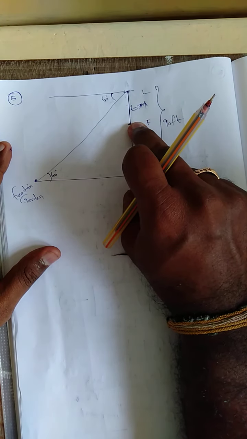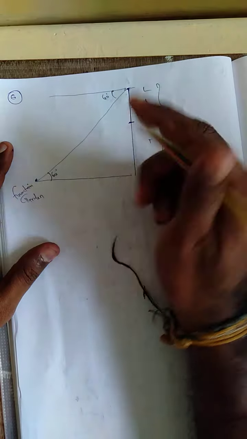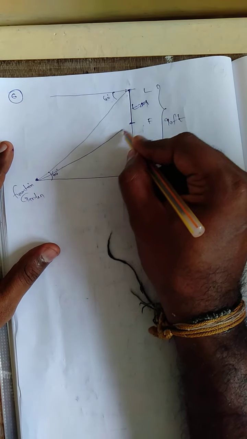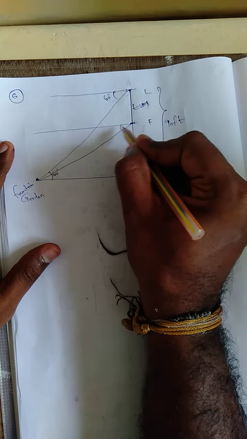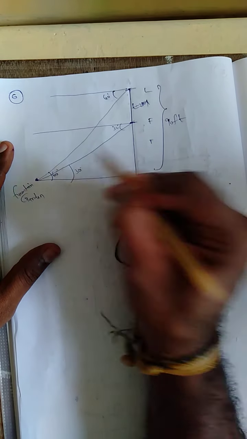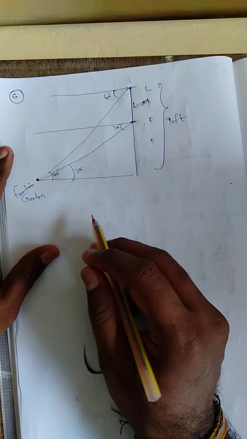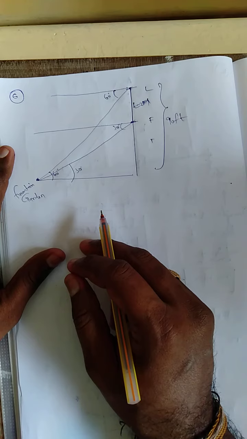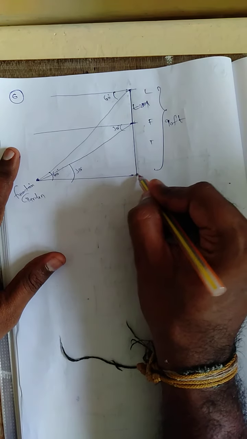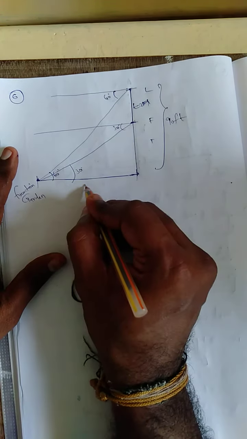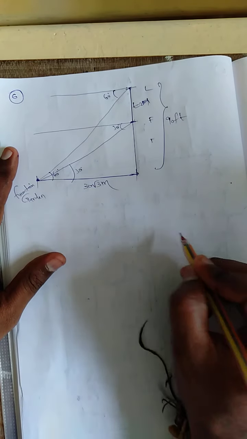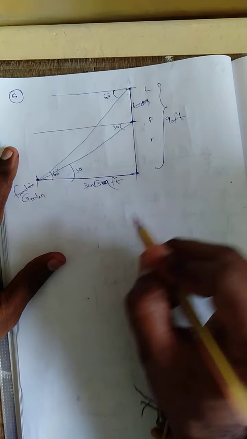Now this angle of depression, now he sees the same fountain. This fountain's angle of depression is nothing but 30 degree. This one is 30, means this one is 30 degree. Okay, 30 degree. If the fountain is 30 root 3 feet from the entrance of the lift, this is the entrance of the lift. From fountain to entrance of the lift is 30 root 3. Sorry, feet, not meter, feet.